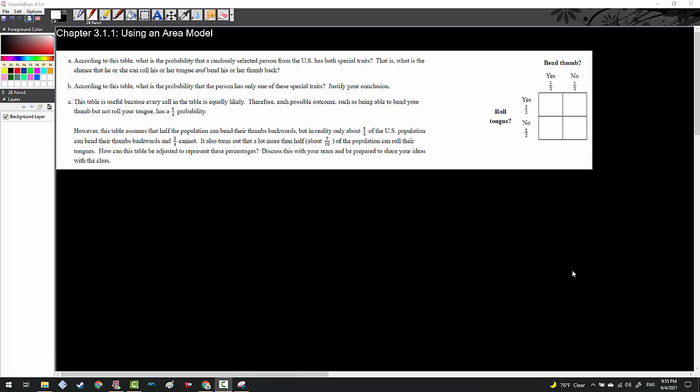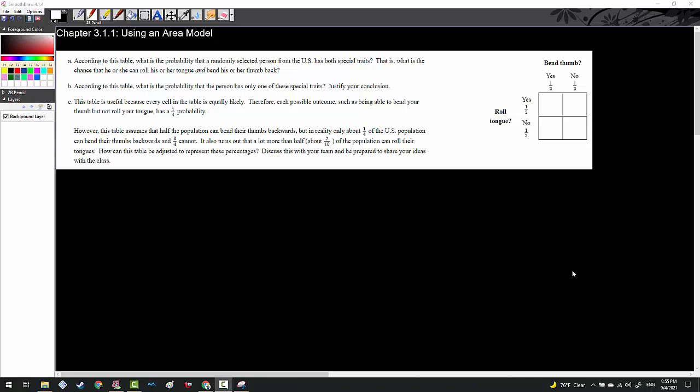In today's episode, we will be discussing Chapter 3.1.1, which is using an area model. In this chapter, we take a bit of a departure from all of the geometric theorems and such, and we get into one of the practical applications of the area models we've been studying this whole time. One of those applications is to predict the probability